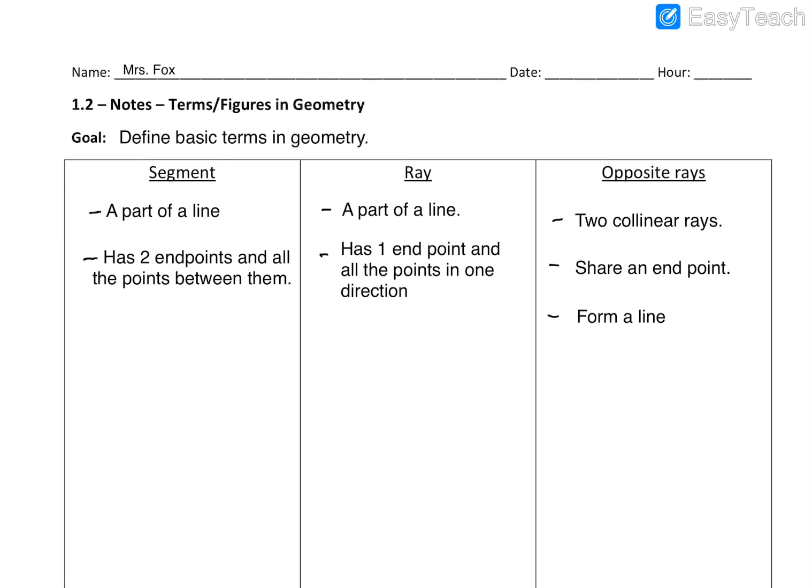So let me give you an example of what this is going to look like. This here would be an example of a segment. Now, this is actually part of a line because I'm just going to draw it in dash so that way we know we're not talking about that portion of it. But the orange is going to be that segment. So we would put two endpoints here, maybe call one of them point A, one of them would be point B. And the way that we would name this